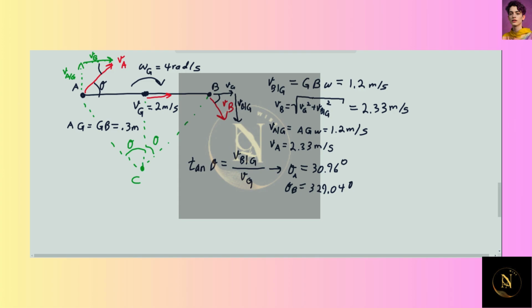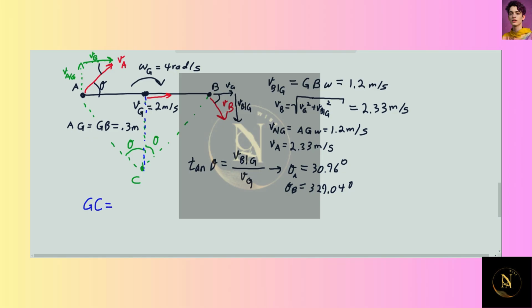So the final thing we want to do here is find the instantaneous center of zero velocity. And to do that, we need to find this length GC in the middle here, which I'll highlight in blue. We can say that this length GC